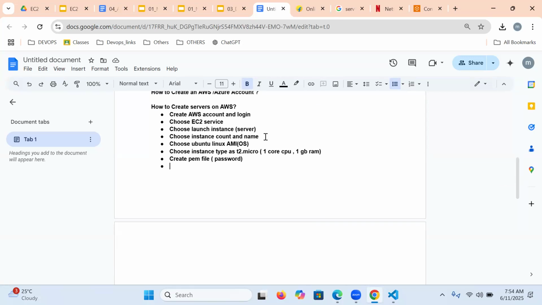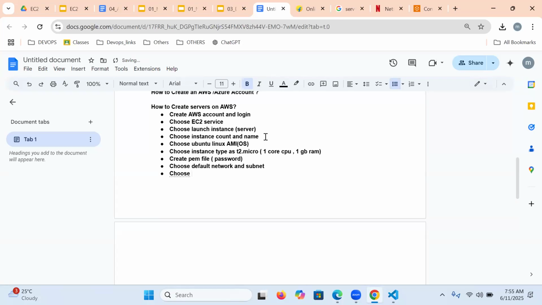Once you choose the PEM file, then choose a default network and subnet. No need to worry about it. Just blindly choose it. We'll discuss networking and subnetting later. That will be a separate module. Don't worry.